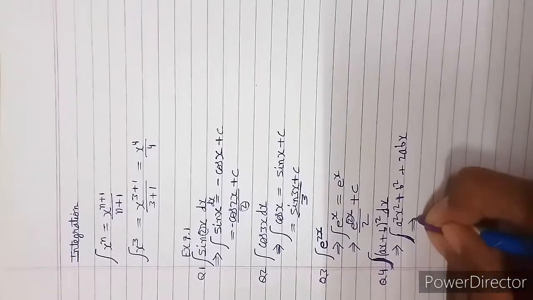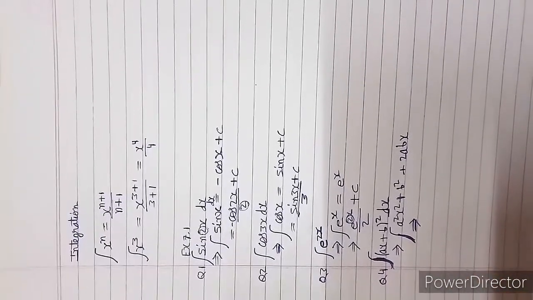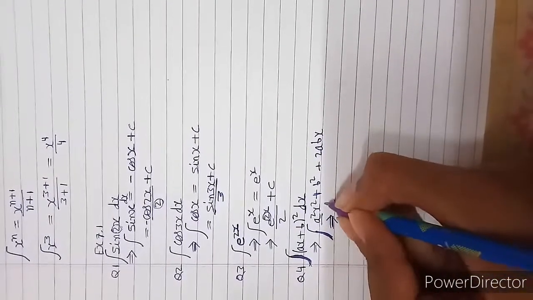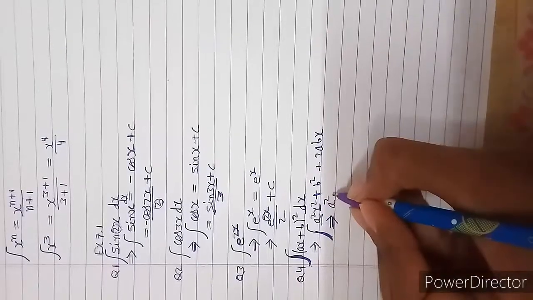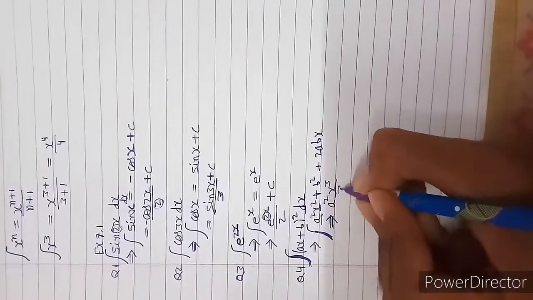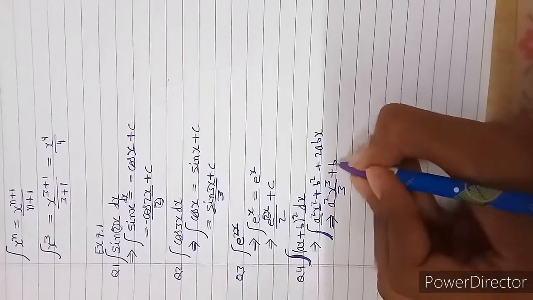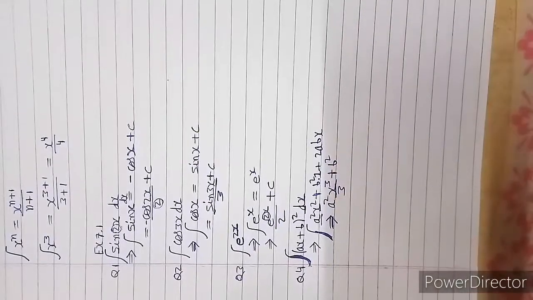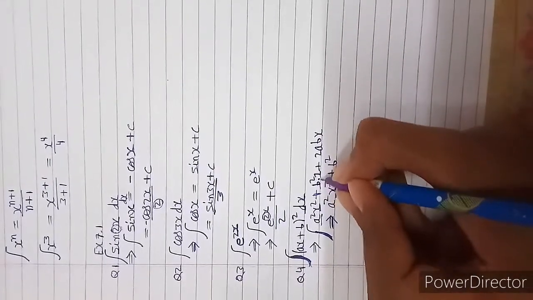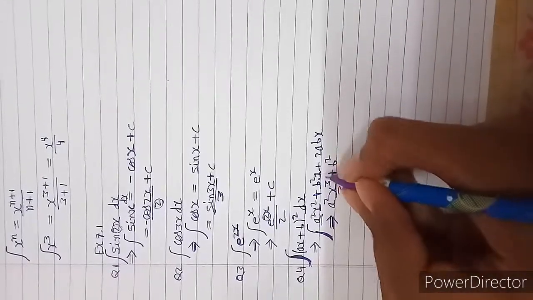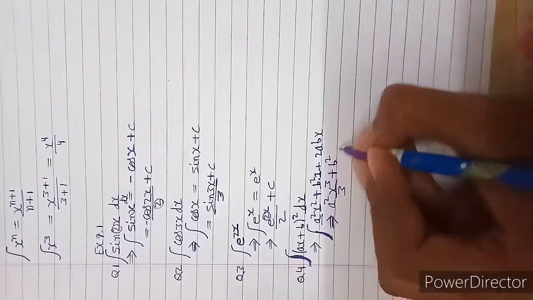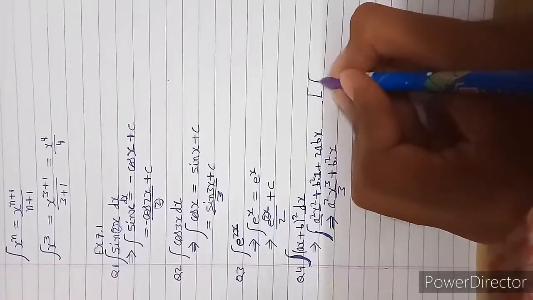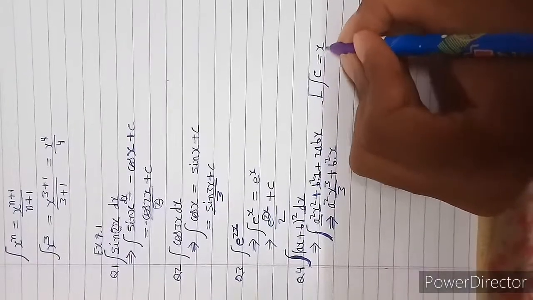Now we will put our constant outside. What is the integration of x square? It is x cube by 3 plus b square. Now one thing that I want to tell you is that here it is 1. We are not assuming it, actually it is there. So integration of any constant is x. You have to remember it. I can also write it here. Integration of constant is x.